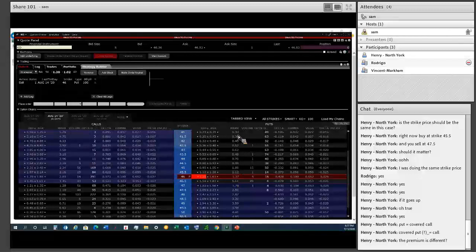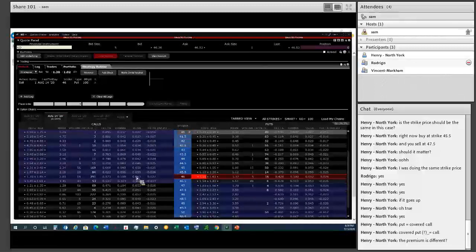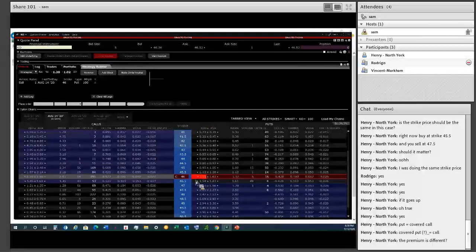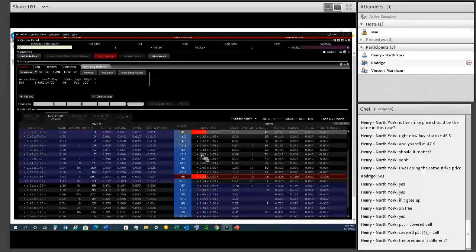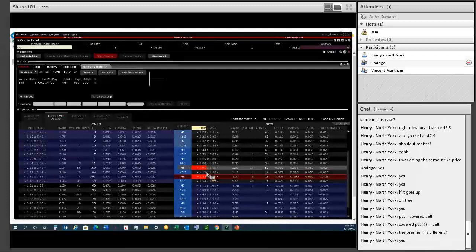If I sell just this put, that's naked, right? That means if this stock collapses, I'm on the hook for it. Whereas the other one, I'm on the hook for it too. Why? I'm on the hook because someone can force me to buy the stock from them at a higher price, 46. Say it goes down to 41, they can sell it to me for 46, and they can buy it back at 41. They automatically make $5 minus the $1.33. Everybody see that?